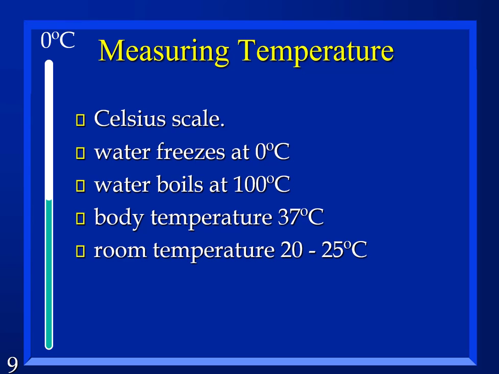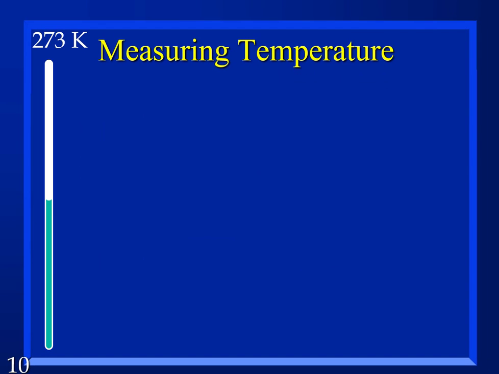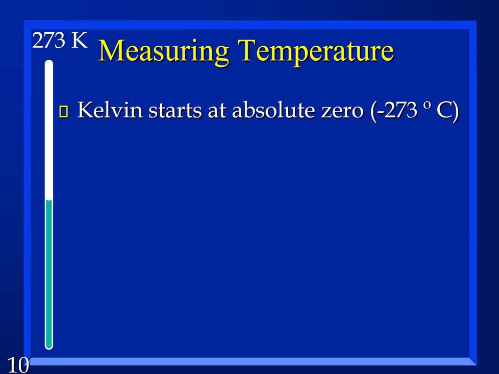So that's one of the two official scales for temperature. There's a second one called the Kelvin scale, named after a man whose title was Lord Kelvin. Kelvin starts at absolute zero. There is a lowest possible temperature. And that's absolute zero. It's negative 273 degrees Celsius, negative 492 degrees Fahrenheit. It's cold. And it's the lowest temperature, and we'll see why.